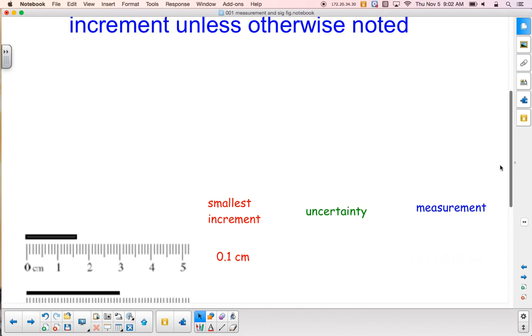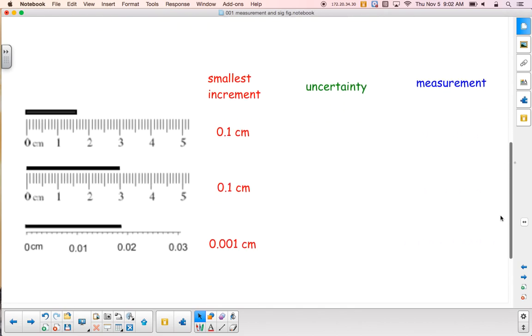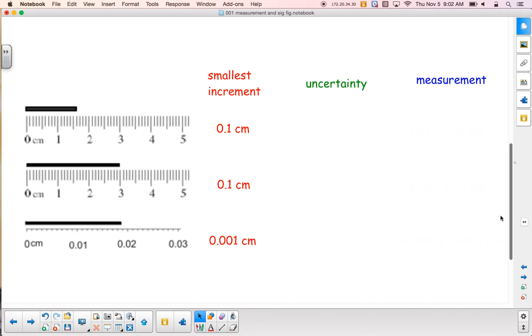Let's go back and consider the rulers that we looked at before. We have determined the smallest increments on each one of these rulers. Now I want to go back and determine the uncertainty for each ruler. Since none of the rulers indicate that their uncertainty is anything different than 10% of the smallest increment, we will go with that assumption. So if my smallest increment is the 10th of a centimeter, 10% of that is 1/100th of a centimeter, and so I have an uncertainty of 1/100th of a centimeter on the first ruler and also